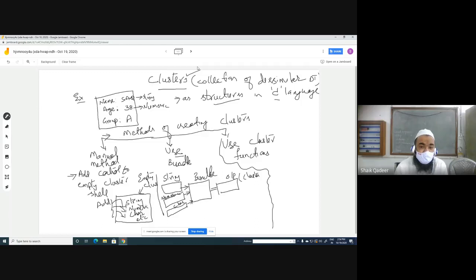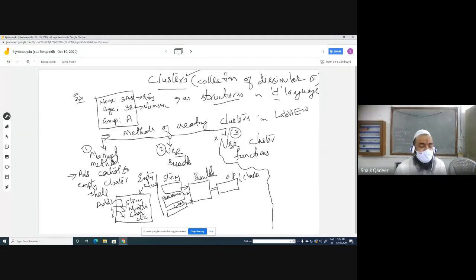Now, without wasting much time on this introduction, I will move to the implementation or methods of creating clusters in LabVIEW. There are actually three methods, but we restrict ourselves to two. This you can try, or if time permits, I will cover. But you must make note of it and write in the examination if asked.